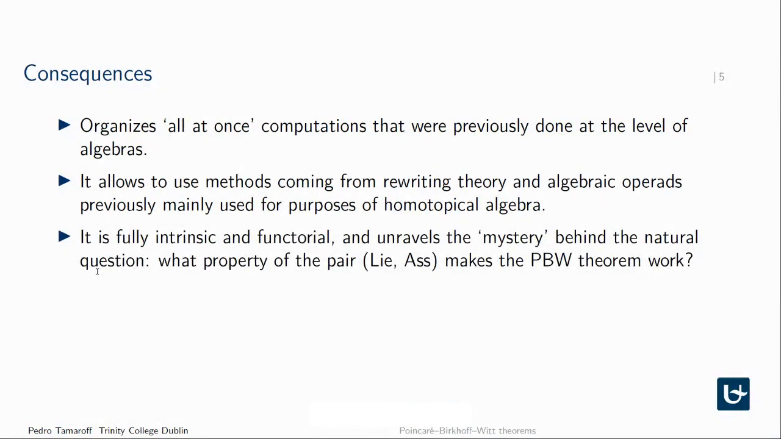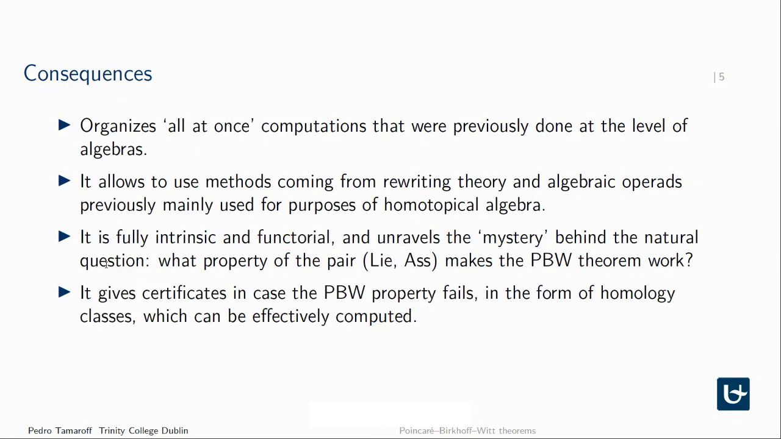Then the third reason why doing this is useful is that this approach is intrinsic and functorial, meaning that it does not depend on the algebra that I'm working with. So I don't have to choose, for example, a basis of the Lie algebra to state the PBW theorem. And also it explains a sort of mystery: why, in the case of the Lie and the associative operad, is there a PBW theorem? What makes it work? Explaining why it works allows you to deduce how, when I have a general situation between two operads, I can construct homology classes that would explain if our wish is obstructed in some sense. And finally,